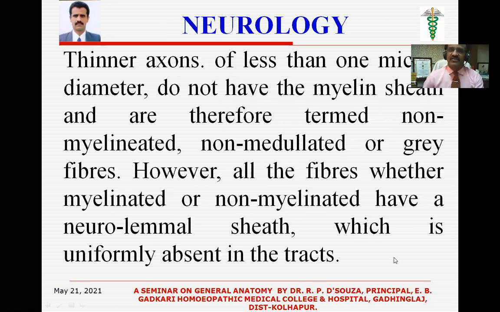The thinner axons of less than 1 micron diameter do not have the myelin sheath and are therefore termed non-myelinated, non-medullated, or gray matter. So gray matter, I showed you in the diagram of the spinal cord, because they have non-myelinated gray fibers. However, all the fibers, whether myelinated or non-myelinated, have a neurolemmal sheath which is uniformly absent in